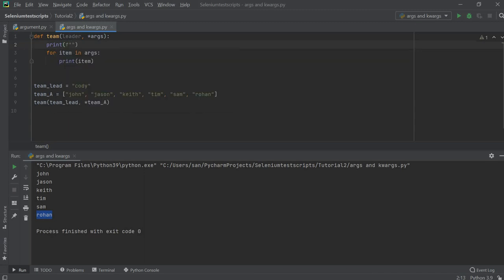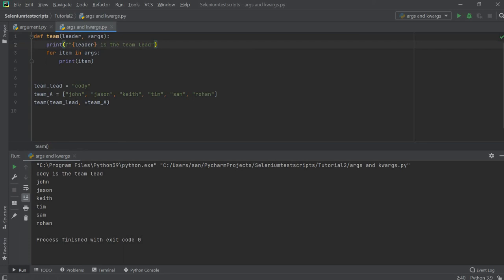First the name of the variable, which is leader, and now I'm going to add some string, is the team lead. Okay, so let's run this again.